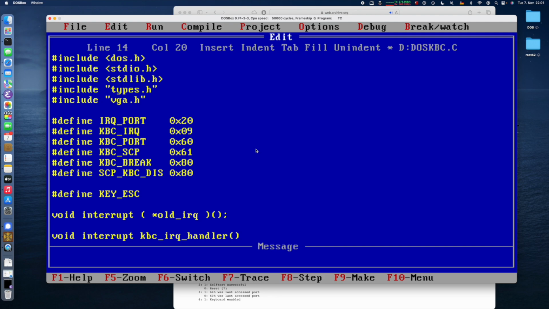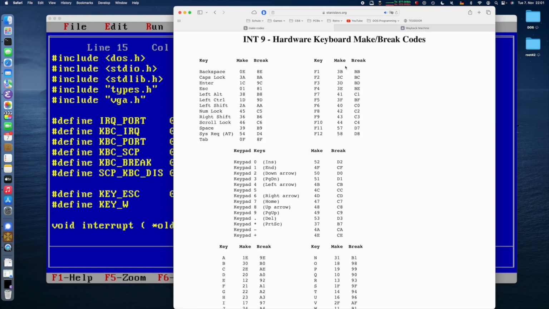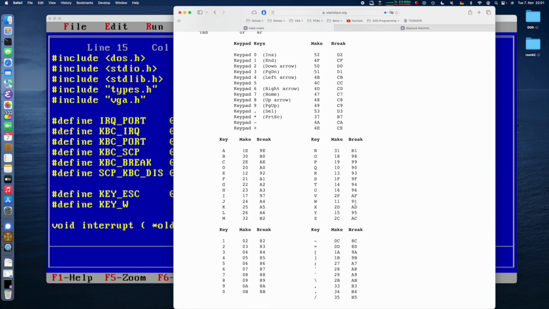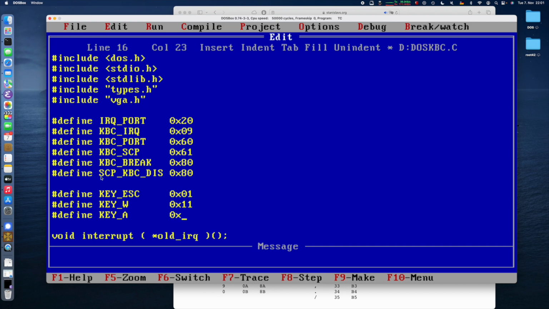We defined the scan codes or the make codes of the keys. We definitely need the escape key. We also need the W key, and you can look those up here in the list. W is 0x11. And we don't store the break codes because that's just the make code plus KBC break. Then we need to define, what was it? A is 0x1E